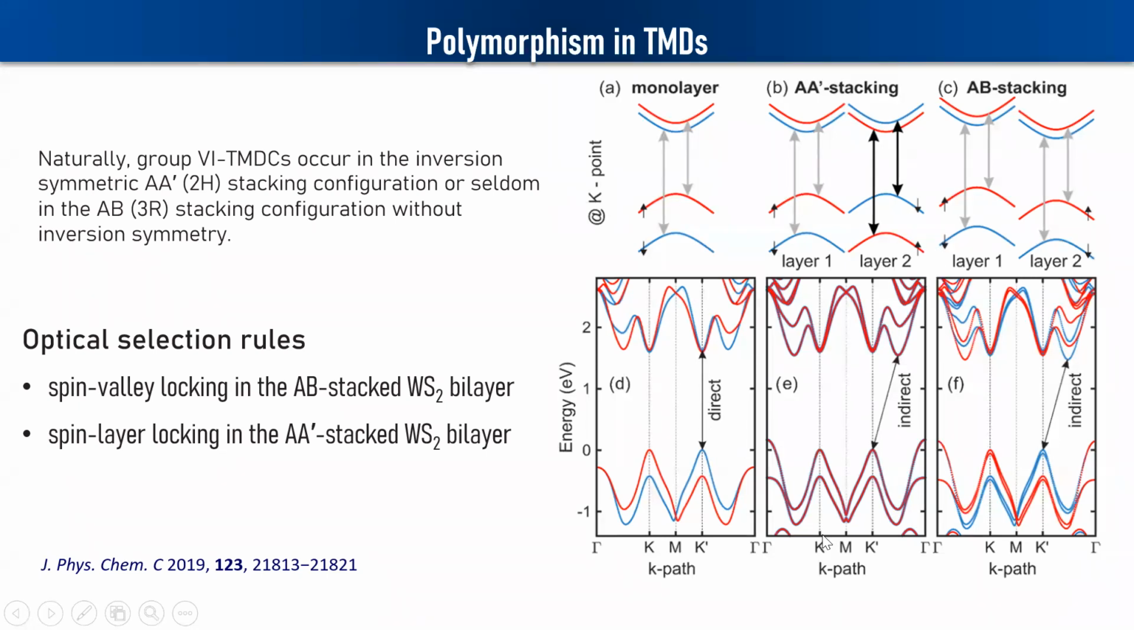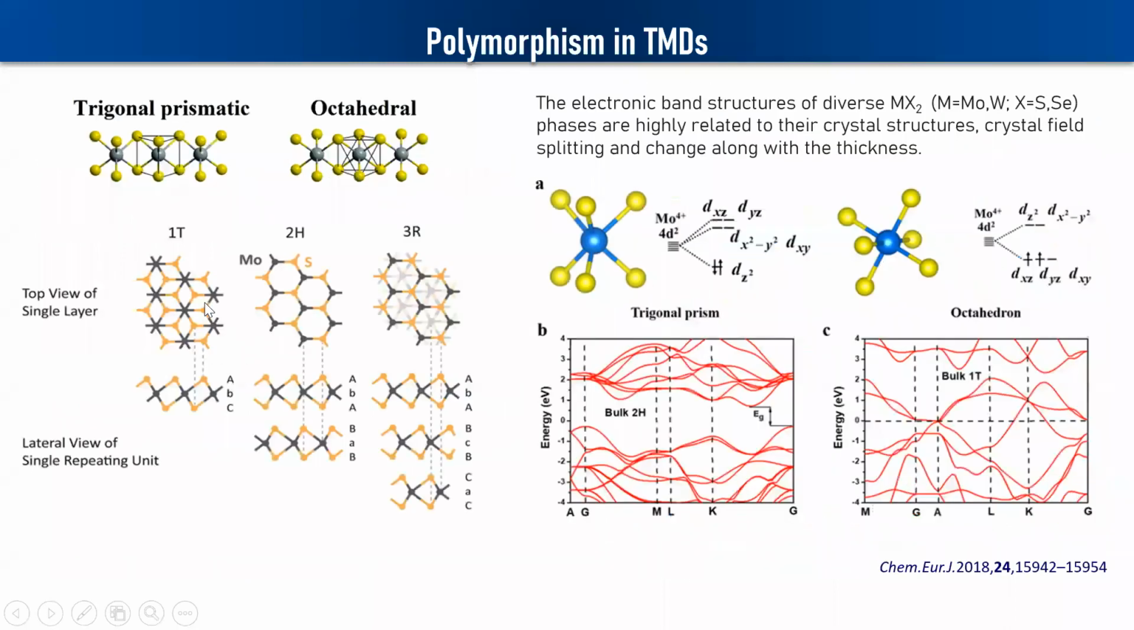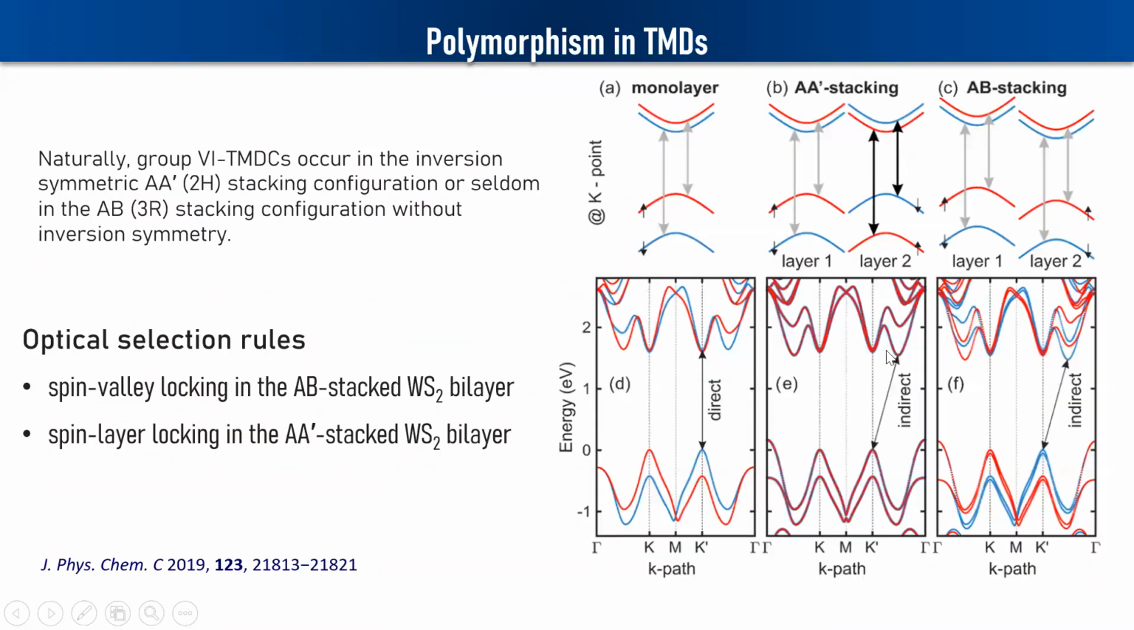And then this is for the A prime stacking, which is basically your 2H stacking here. In this case, you can see that you now have an indirect band gap, but the layer 1 and layer 2 points, the energies, are basically degenerate. Whereas in the AB stacking, again you have an indirect band gap here, but